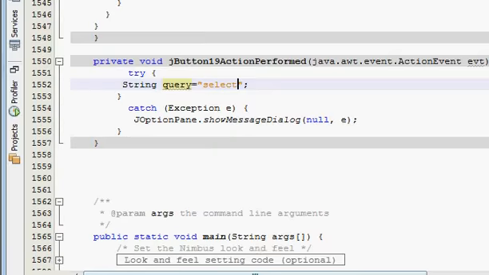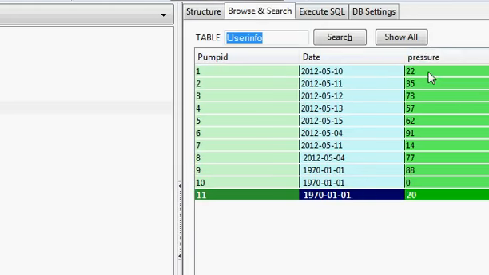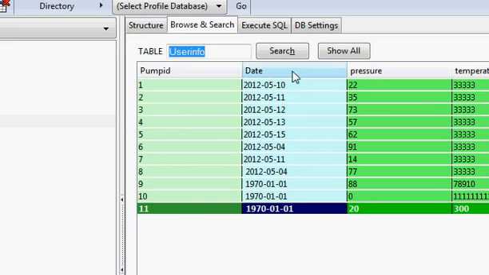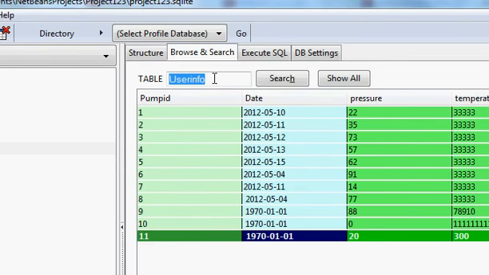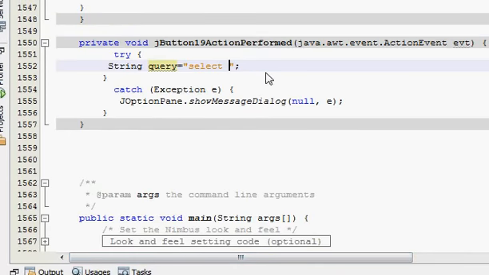So let's go to our database. I have my database in which date and pressure is given, and it is in my user info database. So I'll write in my code date comma pressure